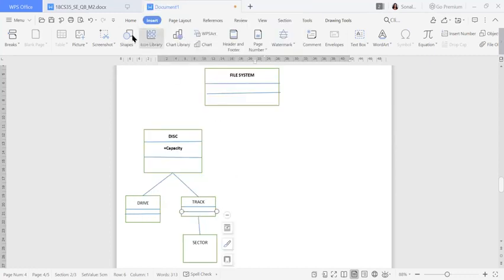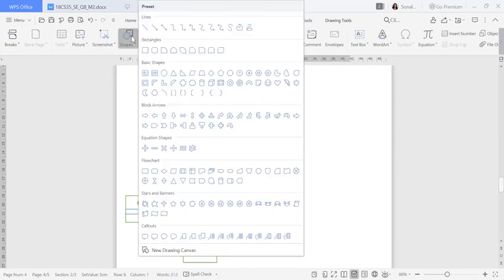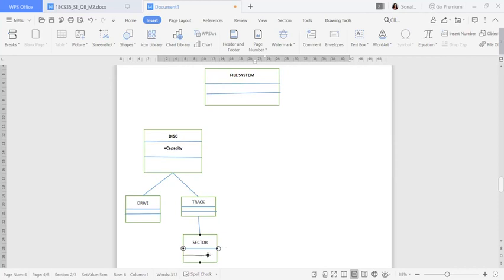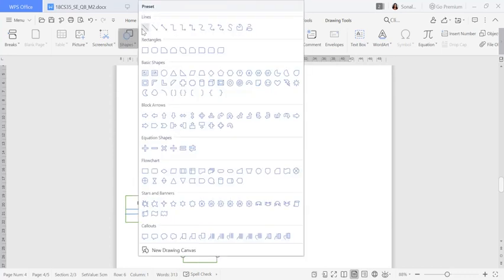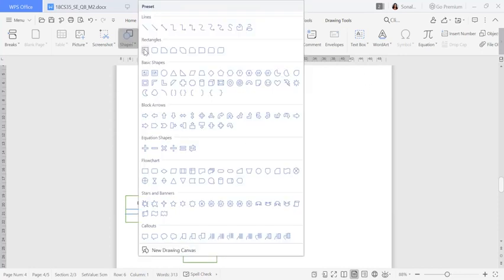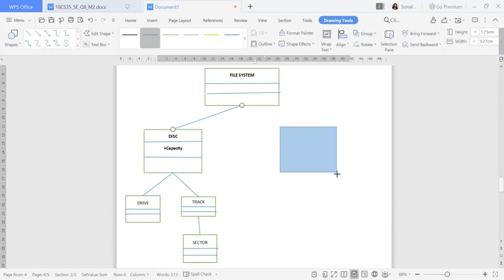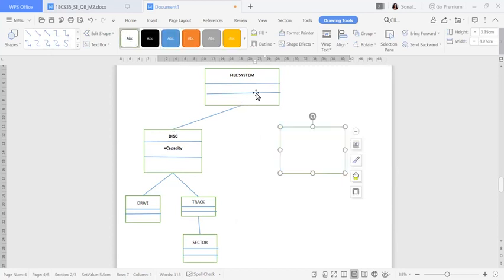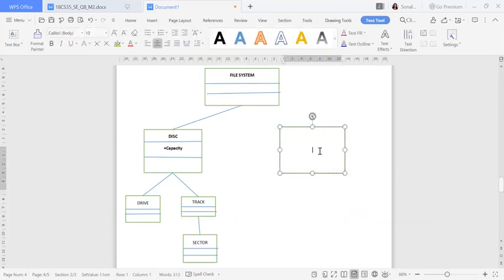If you want to add any of the attribute names or function names, that also you can add. Okay, fine. So now the next one will be your disk for the file system. One I have already made, the disk. One more I also need to do according to the question. You can see one more will be file. So I will draw this side as file. So here I'll write down file.